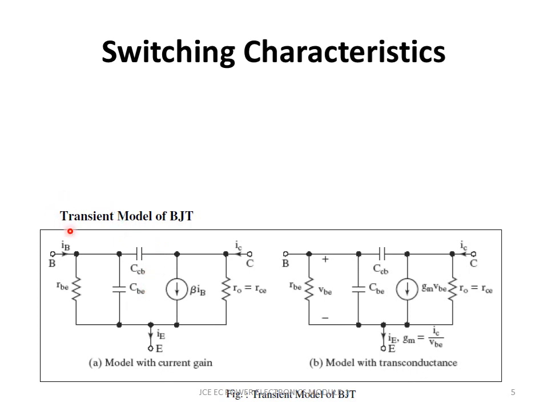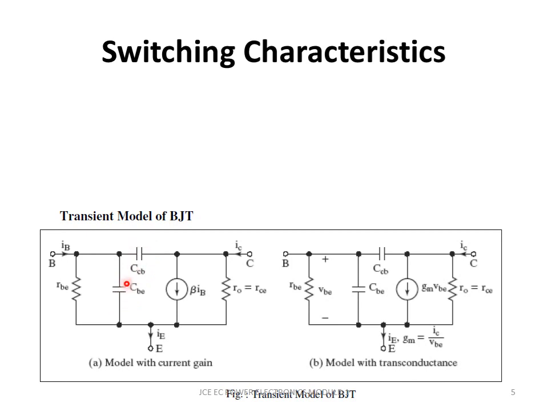Now what do we mean by transient model? There are two states of the transistor. One is the steady state, that is the state when it is either in on state or off state. Then what is transient state? Transient state is the state when it is going from on to off or off to on. It is during these transient times that these junctions will behave like a capacitor, and during the steady state it is as though these capacitances are not there.